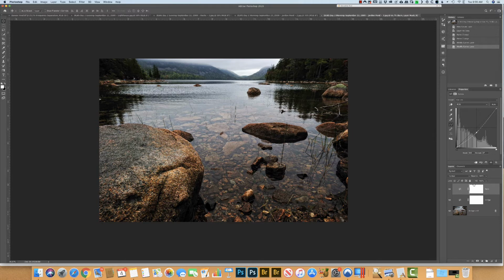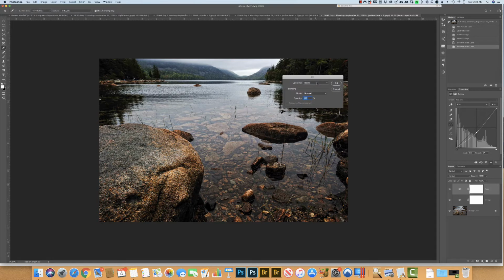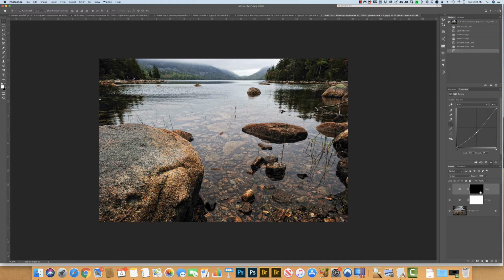So what we want to do is hide these because you want to paint them in individually. So we're going to come in here within the mask, make sure that you're clicked on the mask, and you want to fill it with black, or you want to invert it. There's a couple ways to do that. You can either just paint everything black, or you can come into your Edit, Fill, and select black on your contents here and just say OK, and it fills it with black so that it hides the burn effect